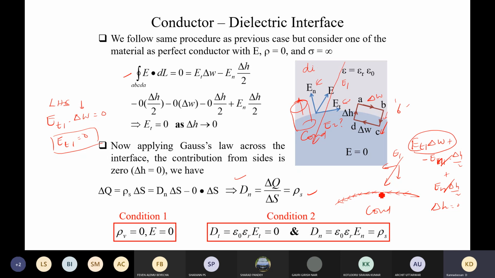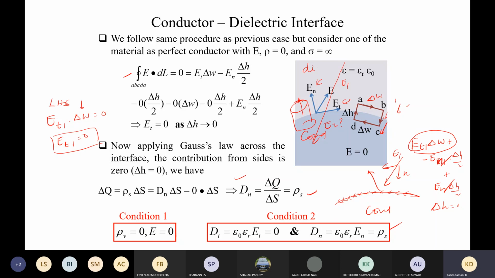In other words, it will be simply reflected back without any problem. But what about the normal component? This normal component will be reflected back, but with a condition, subject to the surface charge density. So if there is a surface charge density, the surface charge density describes the reflected field component. So this is what we can understand from the